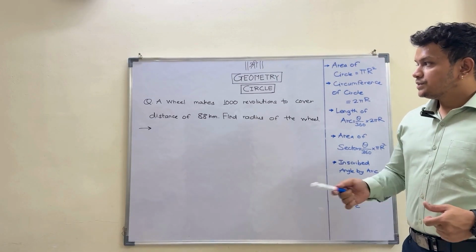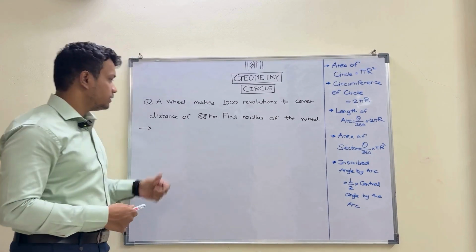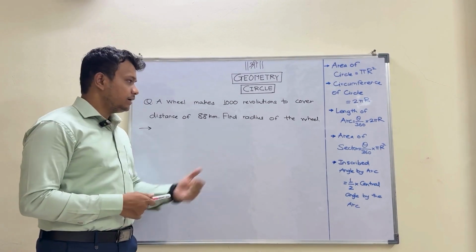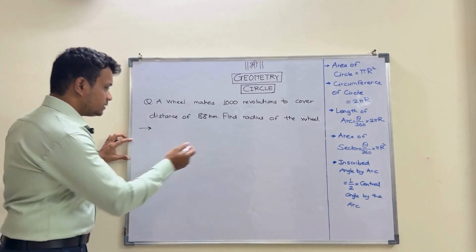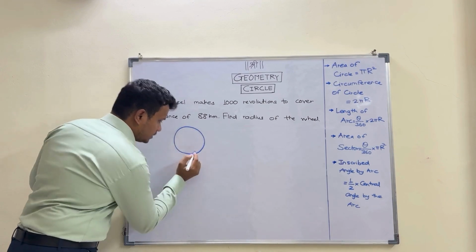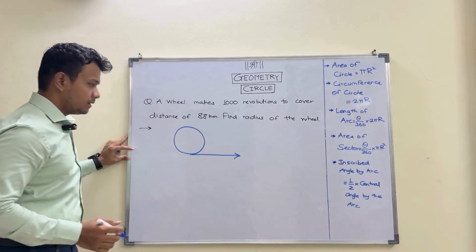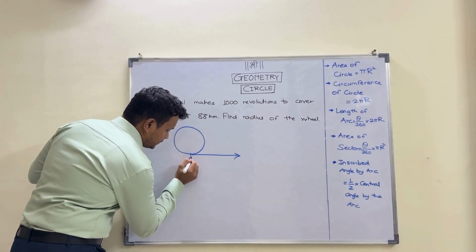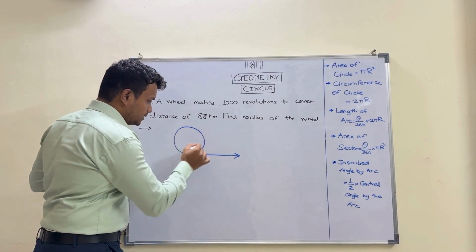So now we'll move to the next question. What they have given: a wheel makes 1000 revolutions to cover a distance of 88 kilometers, and they're asking to find the radius of the wheel, correct? So if I'll just draw a wheel here for reference. If I consider this wheel, and this wheel is going in this direction, and I consider this point as A,